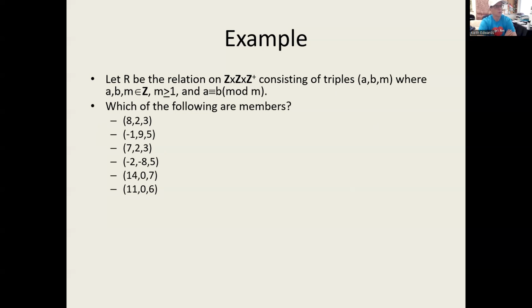Okay, let R be a relation on the set of integers crossed with the set of integers crossed with the set of positive integers consisting of the triples A, B, M, where A, B, and M are a member of Z, the integers, M is greater than or equal to 1, and A is congruent to B mod M. Which of the following of these are members? Well, 8 is congruent to 2 mod 3 because you get a remainder of 2 when you divide 8